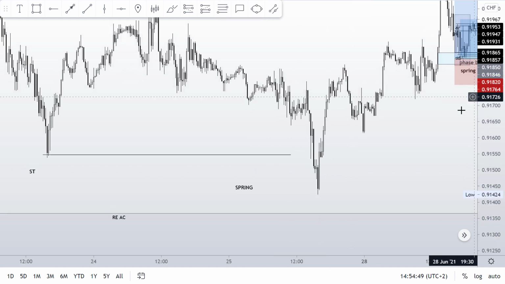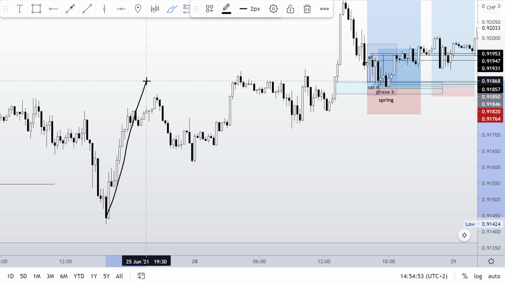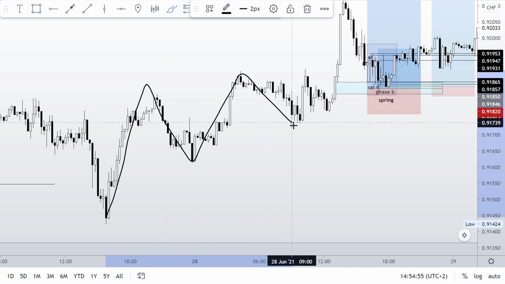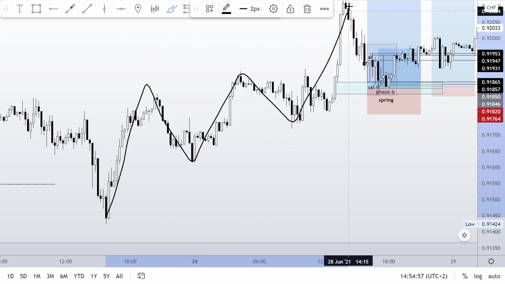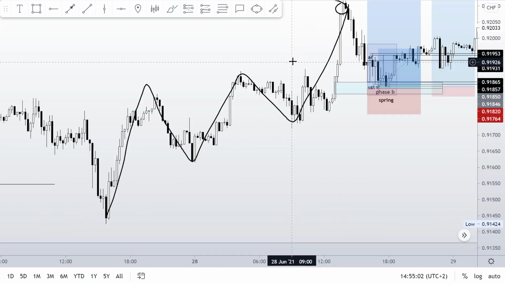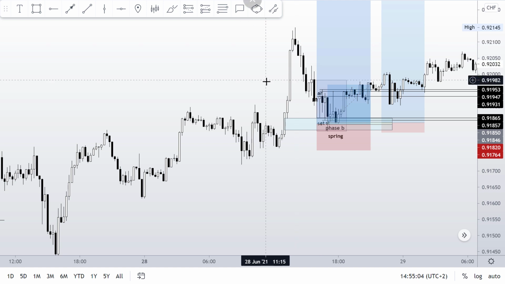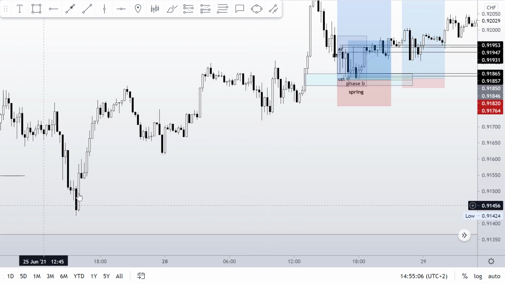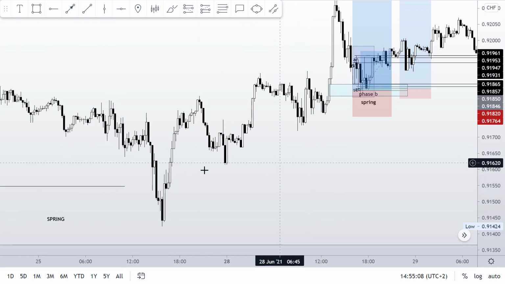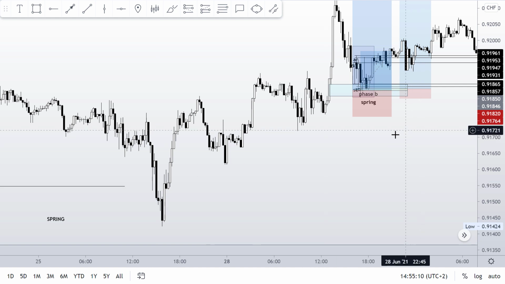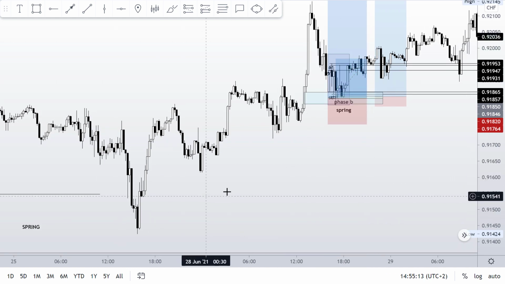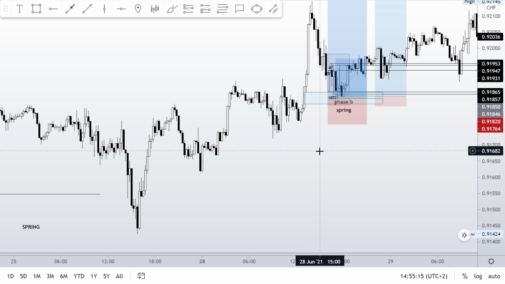Nonetheless, it didn't do that, and it just kept making higher highs and higher lows, as we can see right here. When I saw the trade, price was exactly at this spot right here. Of course, we haven't tested this part, but we do not expect price to come back here. If price makes it back here, we will probably consider our trend invalidated.